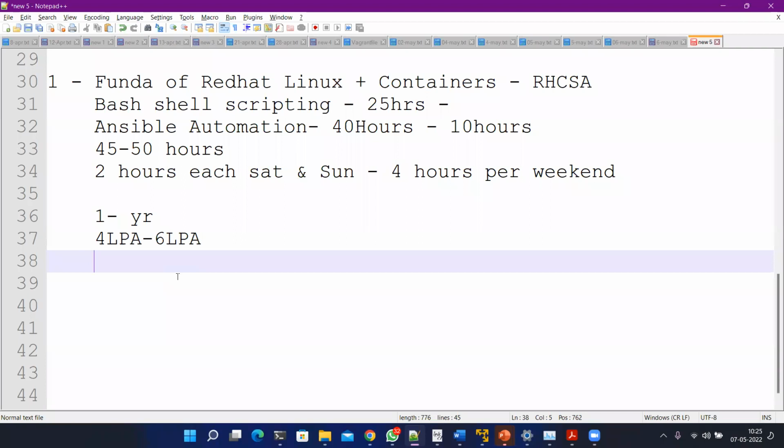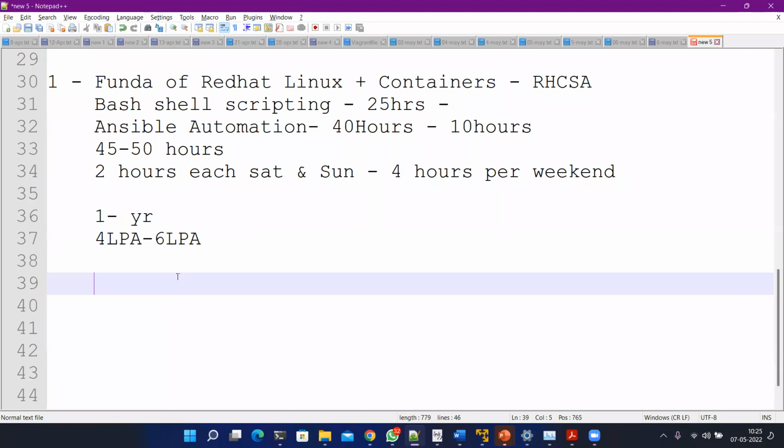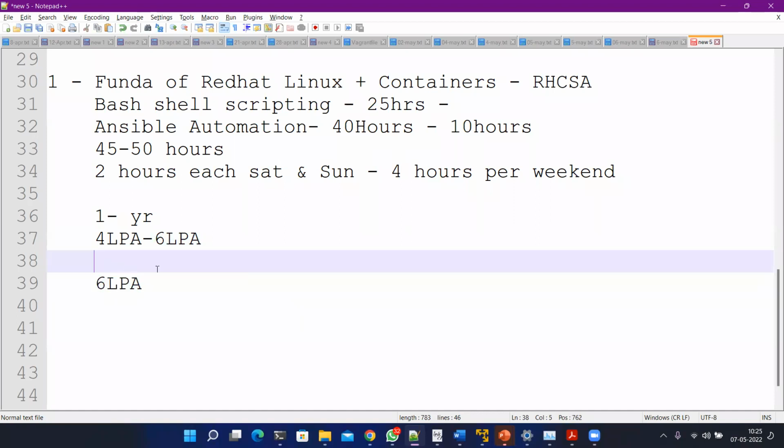So the first question they are going to ask you is, when can you join and how much are you expecting? If you are free and looking for a job, you can just tell them that you can join immediately. And the second question, how much are you expecting? You can simply say 6 lakhs per annum. Why 6 lakhs? If they did not mention the salary in the job description, then you can just say 6 lakhs per annum, 5 lakhs per annum. Or if they have mentioned it, you can quote accordingly.